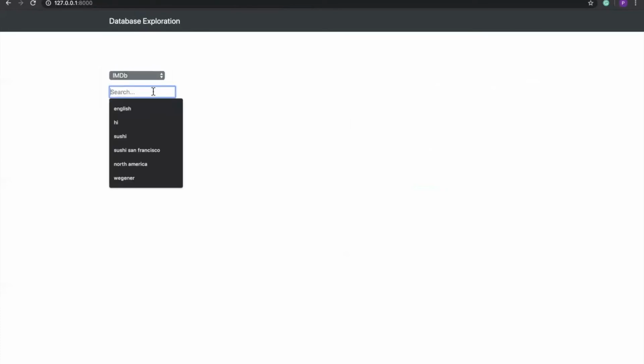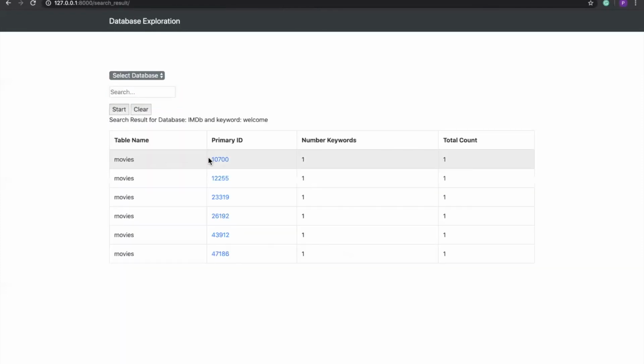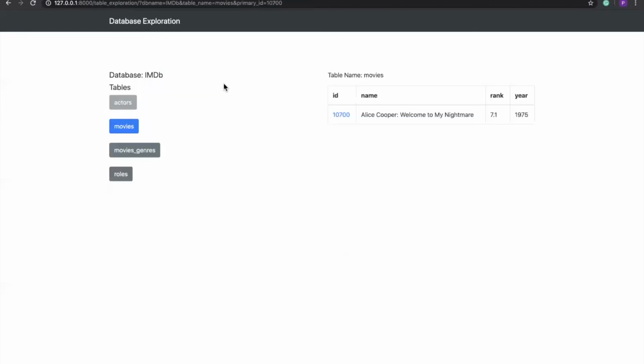for table exploration itself. Let's say we click on any of these, and now we are redirected to the table exploration. The way we've set up this page is that on the left hand side you can see all the tables that belong to the database. The one that is colored blue is the one that we are looking at right now.